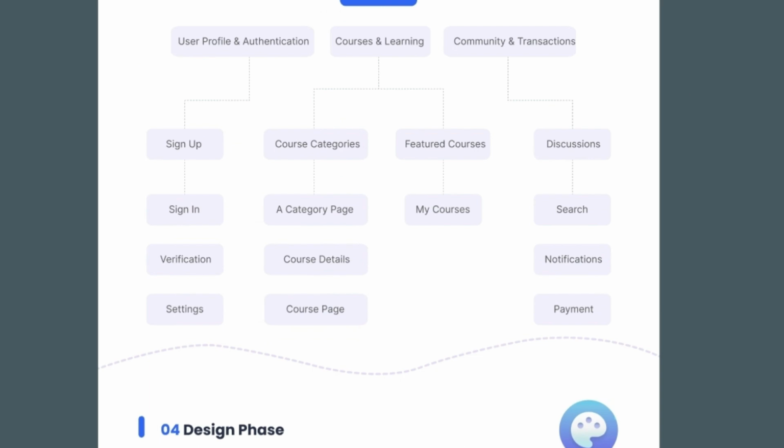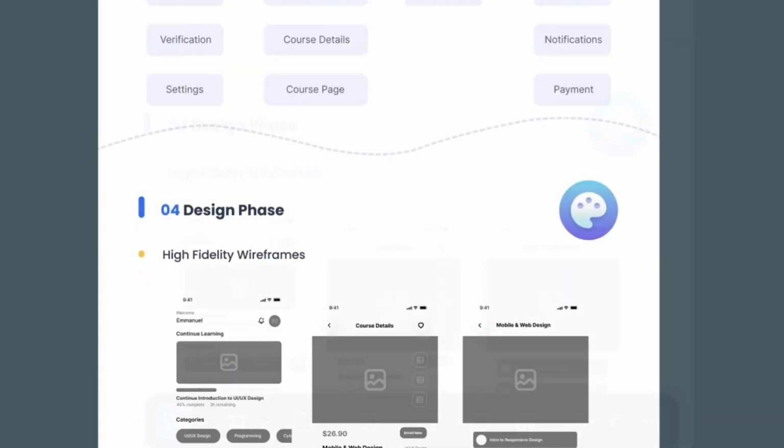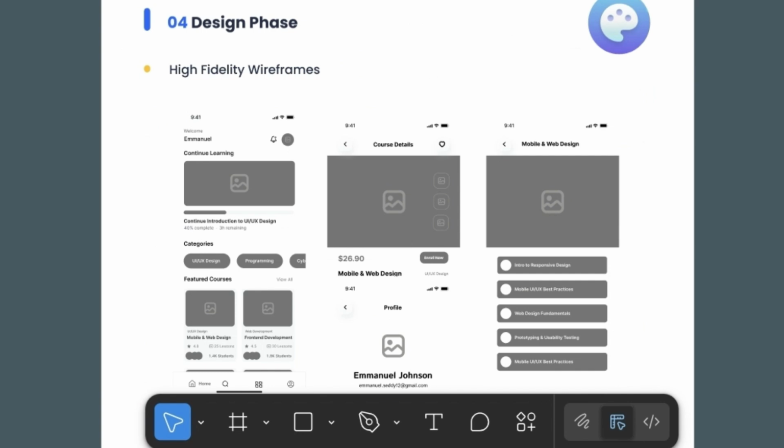Then the information architecture is also here, which also has to do with the sign up, the course categories, features, discussions, and everything that is part of your application. Then the design phase, you present wireframes, UI screens,